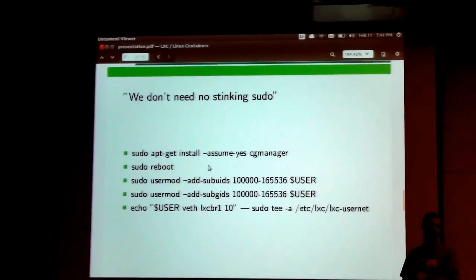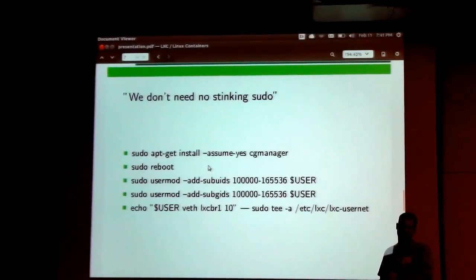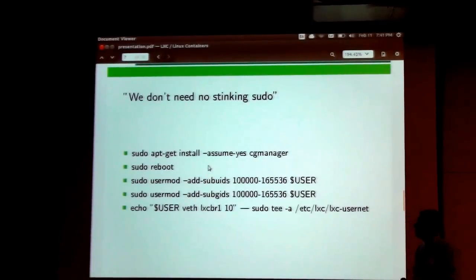There aren't known exploits with LXC as it is right now, but you're sharing a kernel, so it's just not expected to be as robust as you'd like. But with 3.13,